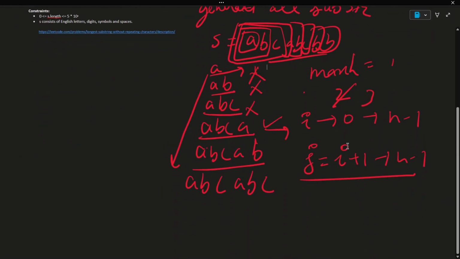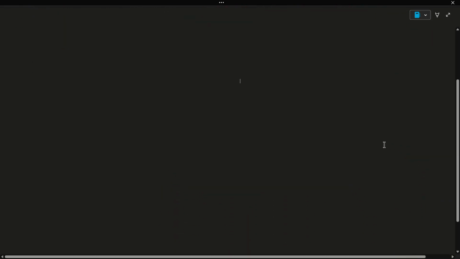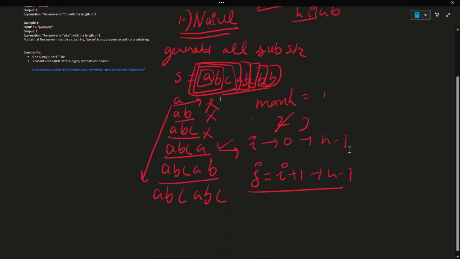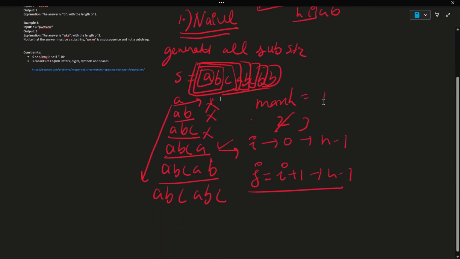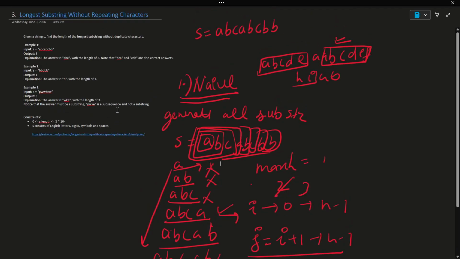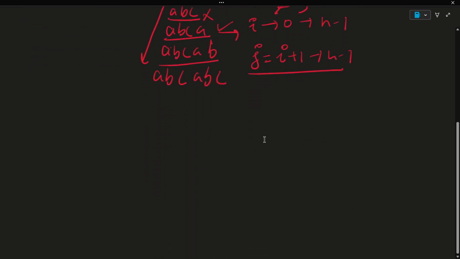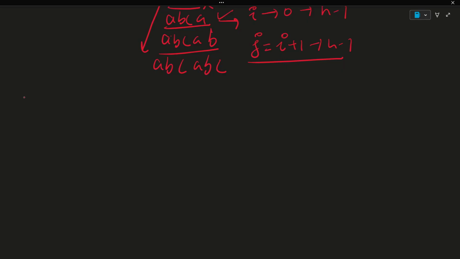That was the naive approach. As I told you, the naive approach is to calculate all the substrings, and then we calculate the maximum length among them. The second approach for this question is, let's say, a better approach. Now, let's say you have A, B, C,